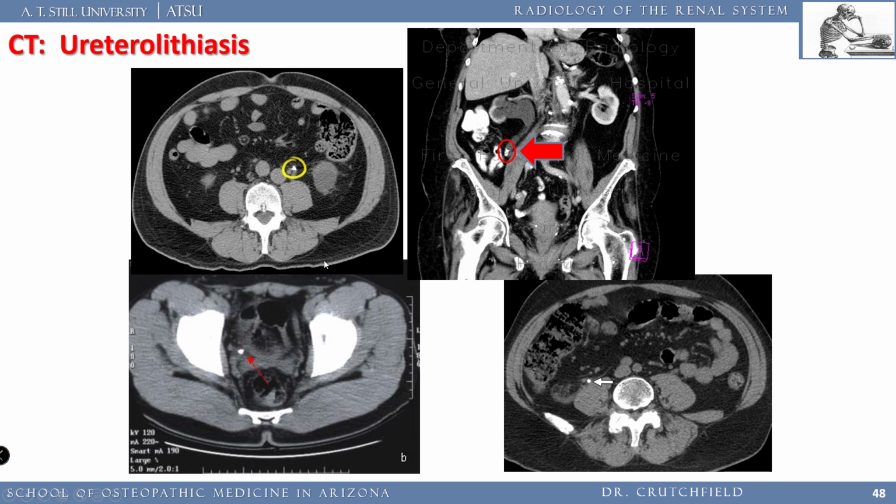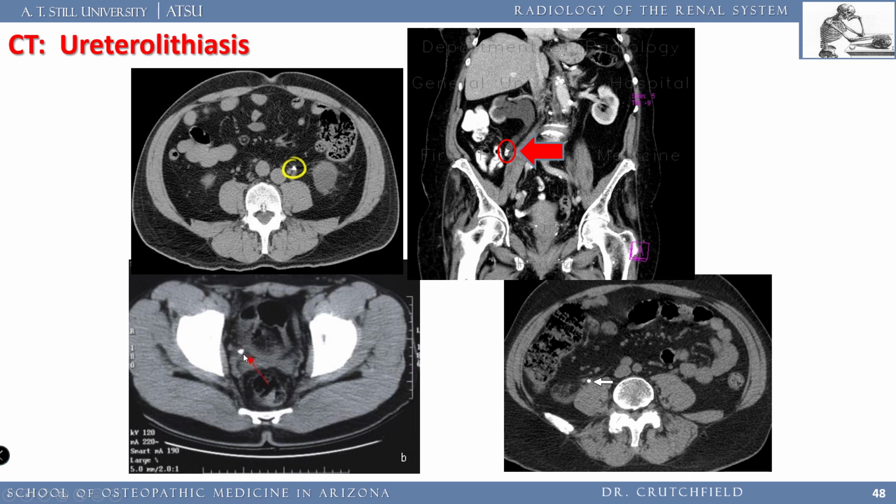So here are some CT scans which show kidney stones. Here's a kidney stone with a right hydronephrosis. Check that out. That collecting system is giant compared to the left kidney. Here's a kidney stone. This is colon. It has poop in it. That's what you're seeing here. Here's a kidney stone at the